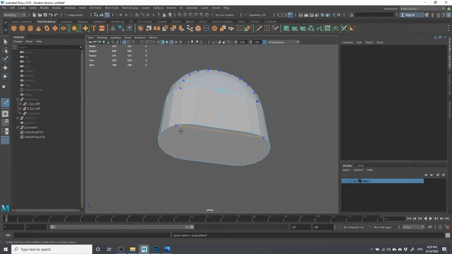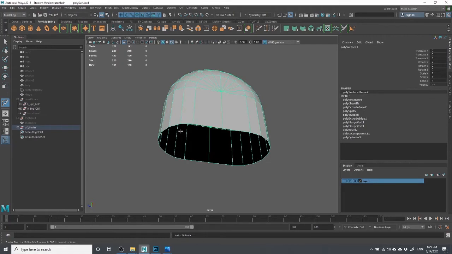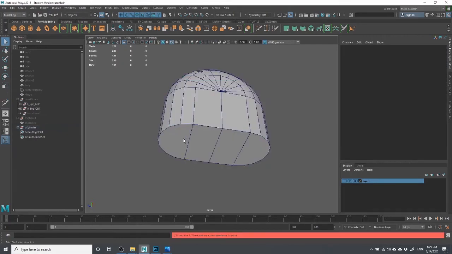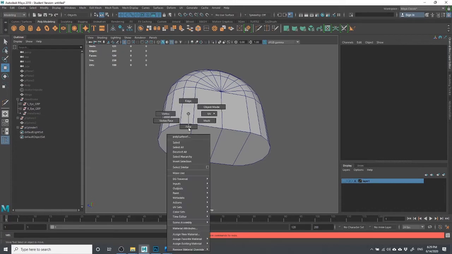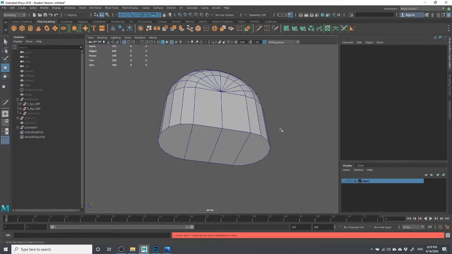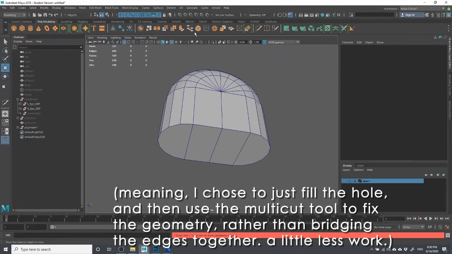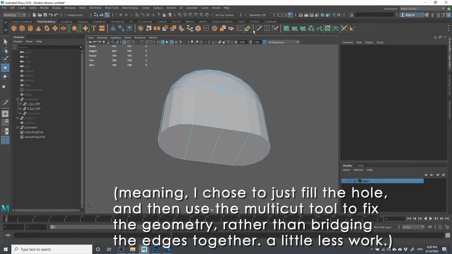worse. Let me see if we can do this more directly. Yeah, you know what? Let's just do it that way. I'm just pressing Shift Z to redo the commands here, and the reason I gave up on the other one is I would have to select all those edges, and it would be about the same amount of time, or maybe more. Anyway, let's do this, and